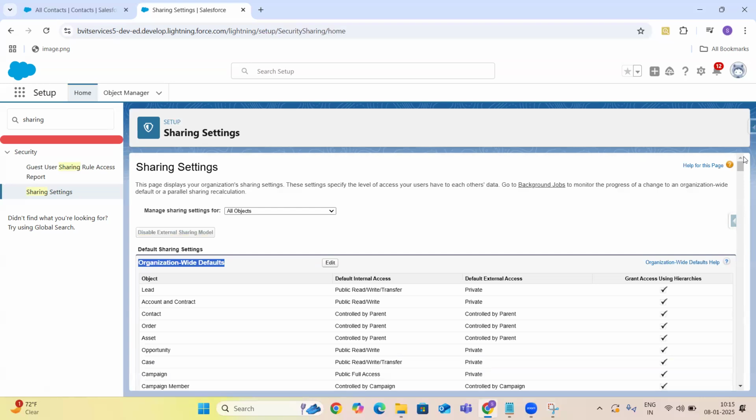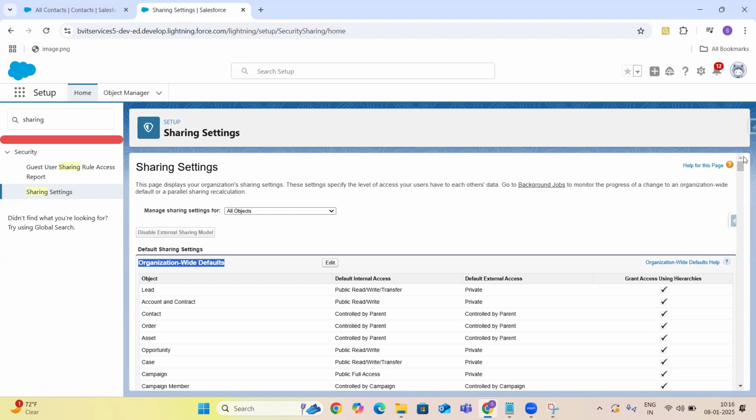Org-wide default access is the default access that applies for all the users, like all the profile users. Sharing rules are the ones we use if we want to extend the access. It's again the same thing, guys: if you want to extend the access, only then we use sharing rules. Using sharing rules, we can't reduce the access that was provided in the OWD.